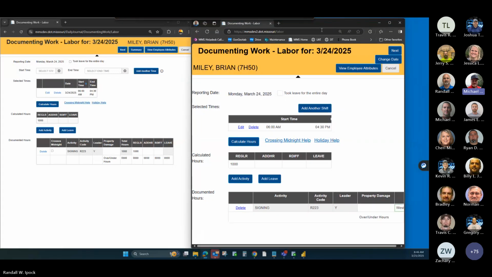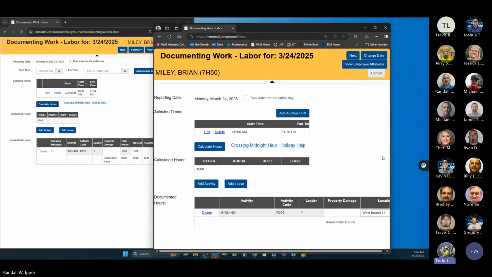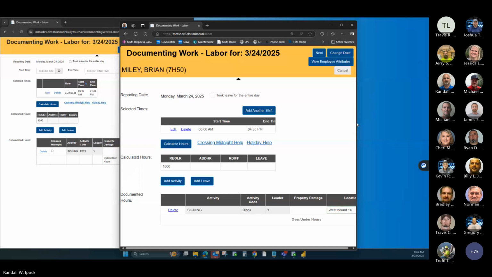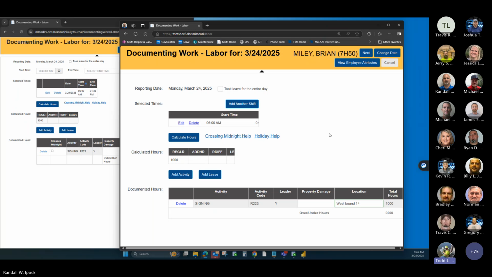So while we're doing that, yes, Mr. Burgess, Todd, question. So the location spot, I like that spot. The only question and concern I have is, say I have an employee that's going out there putting in K numbers for property damage, and a week has gone by and I'm a week behind doing timesheets. If he doesn't have anything in that property damage, like the location he had before, it throws a red flag to me, knowing that hey, you've got to go back in there and put your K number in. If he puts it in the location, it's not going to throw a red flag,